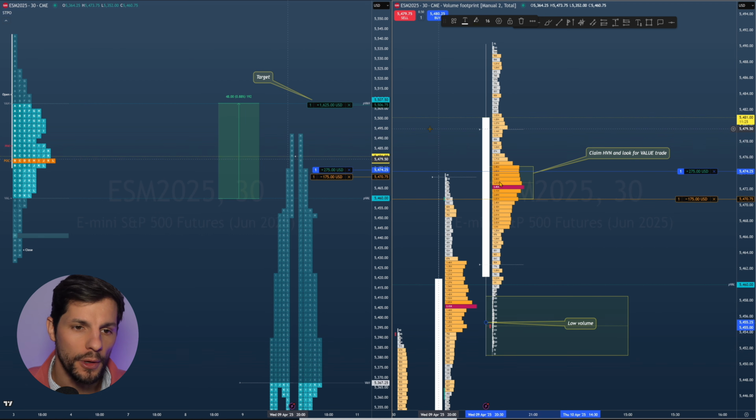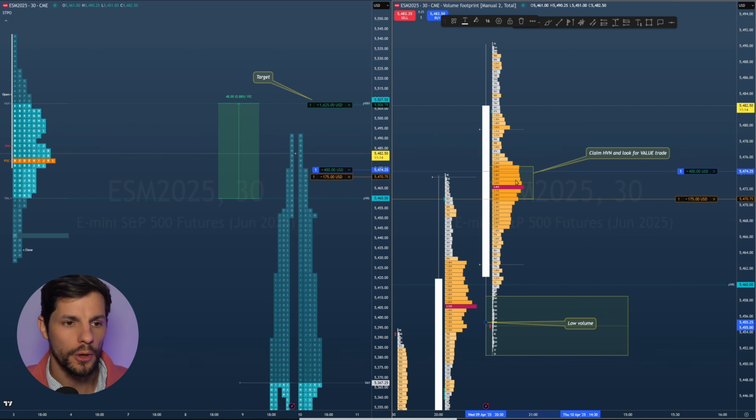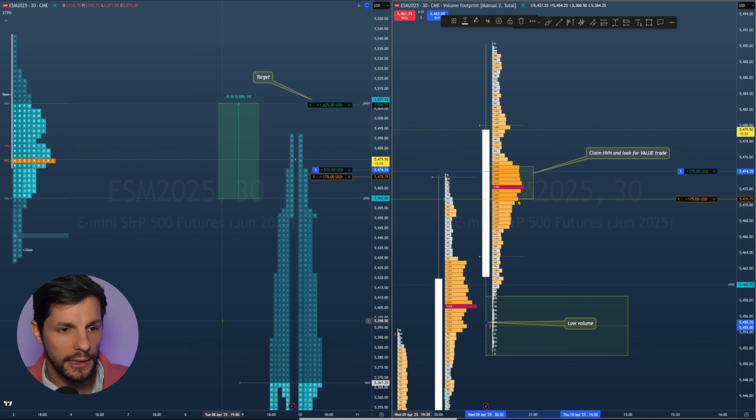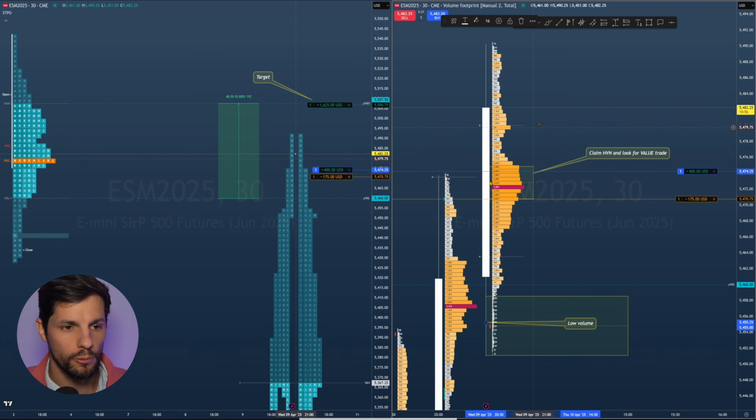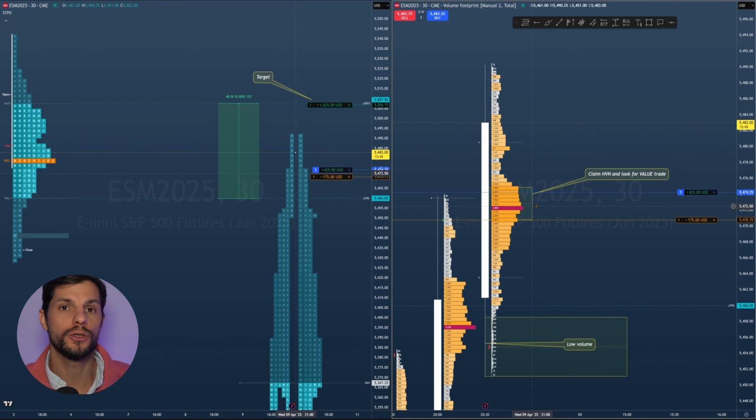And then in the middle point here, we have the fair value, which is where everybody's saying, well, I'm interested, I like this price, 54.72. So upon claiming that value, we then have a trade confirmation back to the opposite extreme, and in this case, obviously that sits at the value area high. So we have a relatively small risk trade where we are claiming a value node. A lot of traders are interested in this area, and then we want to push that price to the opposite